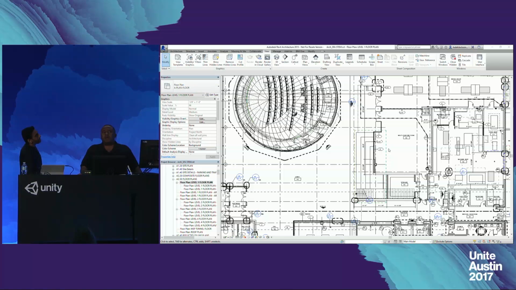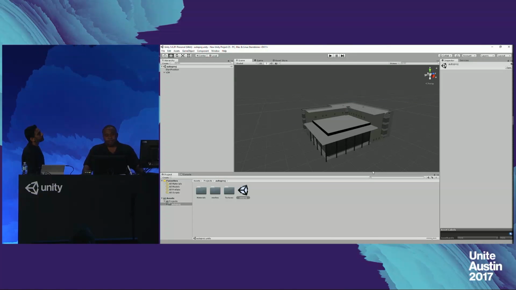But what if I told you that in the same process that you initiated by hitting the submit button on your Revit model, a powerful offline processor would be able to create a Unity package for you that not only exported your geometry, but also married it with the materials and the lights, allowing you to create a custom package that is then accessible in Unity. And that looks like this. So this actually was created in about 10 minutes.